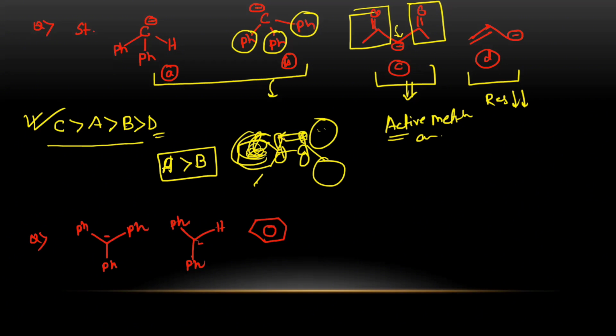To complete a resonance, the p orbital or pi orbital orientation should be parallel to the orbital from which the carbon is donating the electron. If there is any distortion, then the resonance will not be effective, so stabilization will not be effective. So planarity is very much essential for resonance of carbon through the benzene ring. So keeping that in mind, try to solve this. There are also three phenyl rings and the negative charge is here. Fourth example is